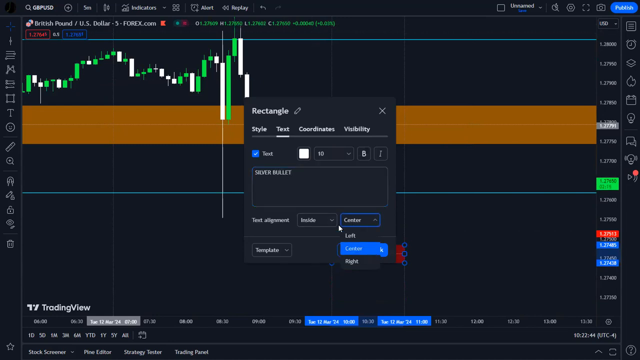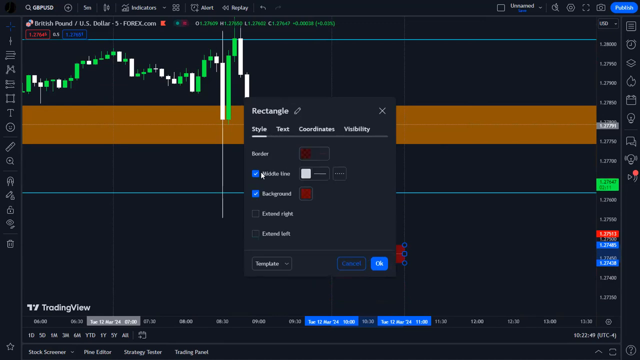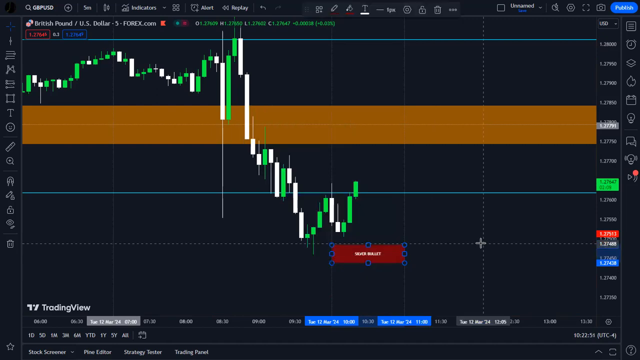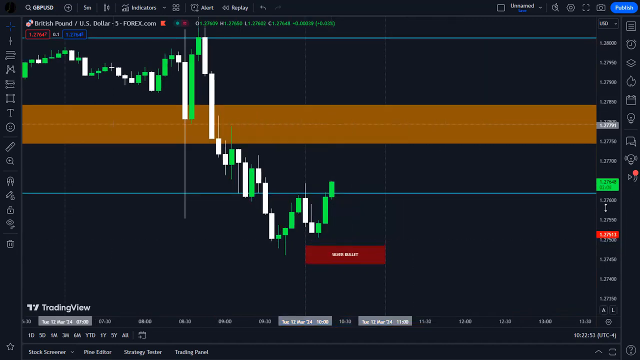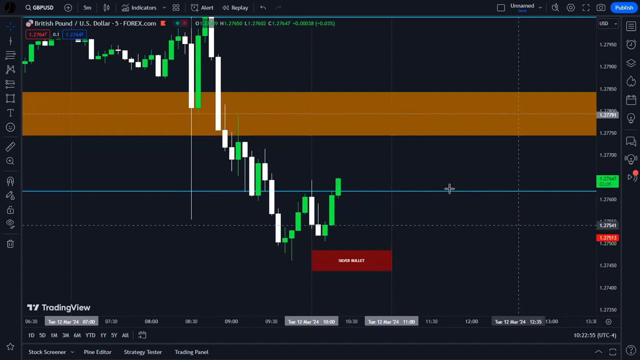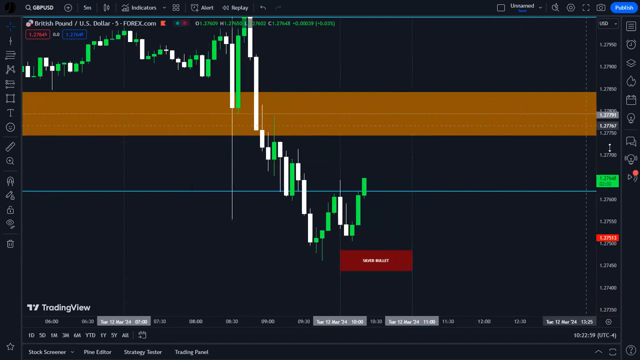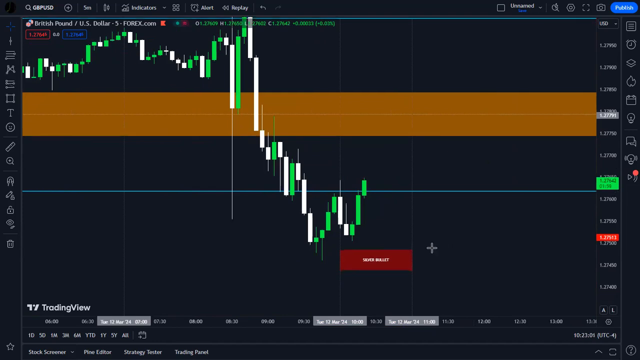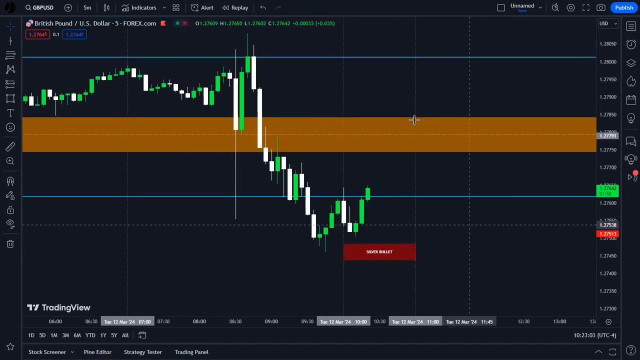Silver bullet time window. And let me blank that. So we're going to trade this. We are also below the midnight opening price. So we are at the low of the day. And I expect price to